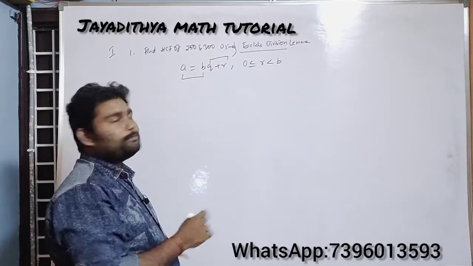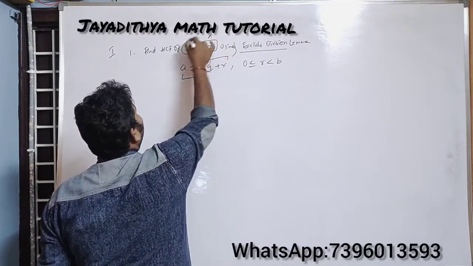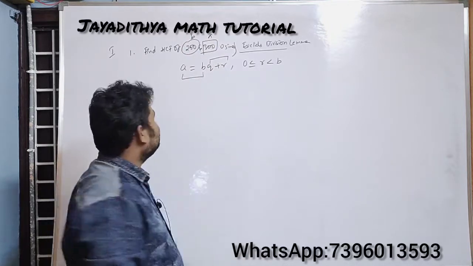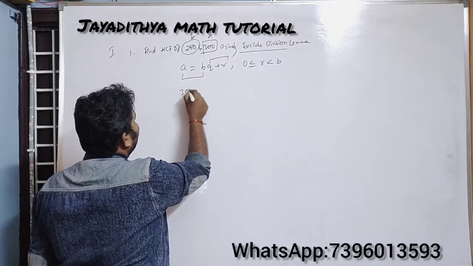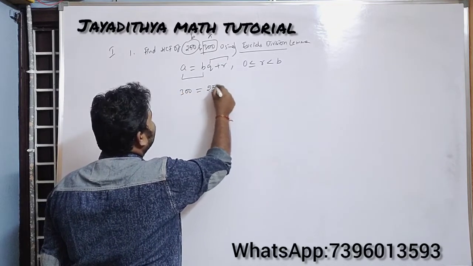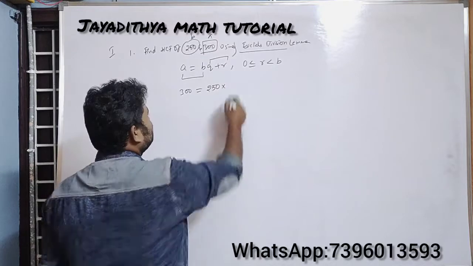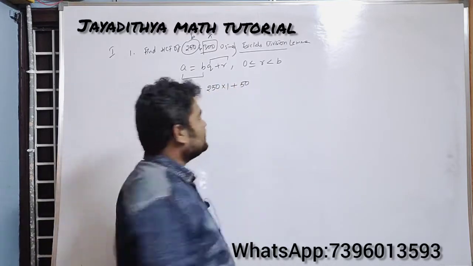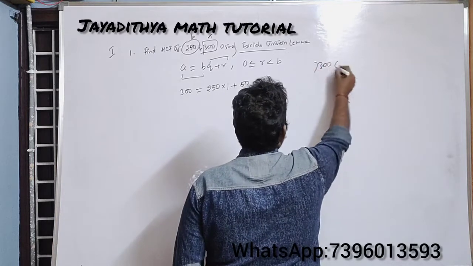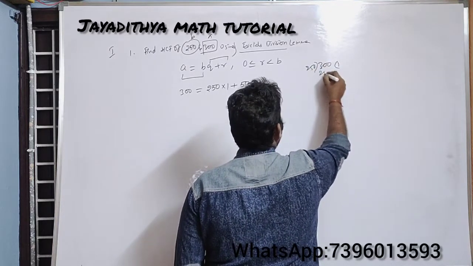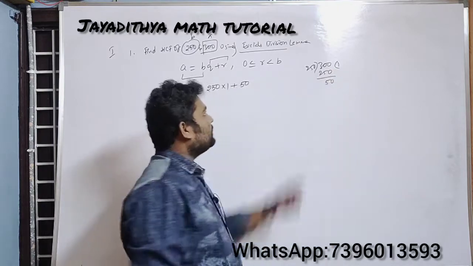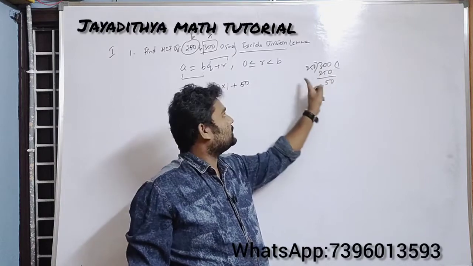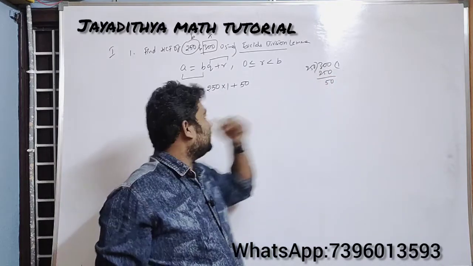To find the HCF, take the bigger number as a and the smaller number as b. You should continue the process till you get the remainder equal to 0. So now I can write 300 is equal to 250 into q, that means some quotient must be there, that is 1, plus r, which will be 50. If you don't understand this step, do the regular division here: 300 divided by 250. 250 ones are 250, and you will be left with 50. That is what we have written here: 250 into 1 plus 50. B is nothing but the divisor and q is the quotient.